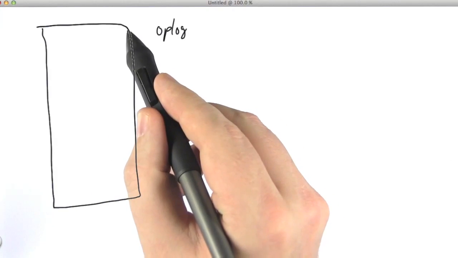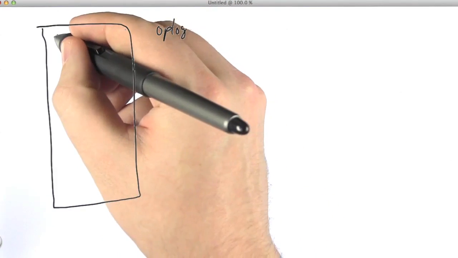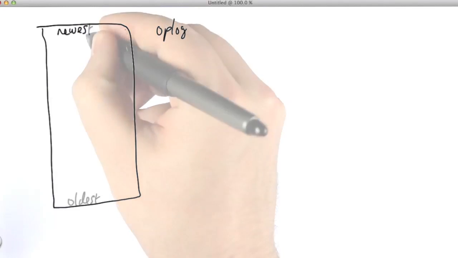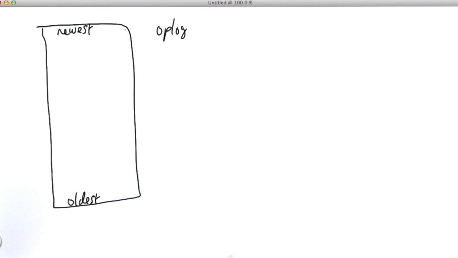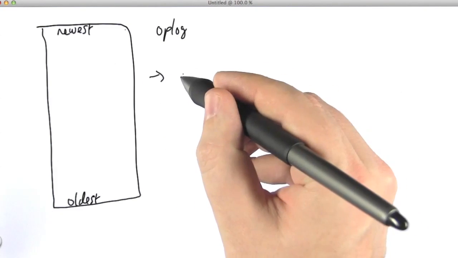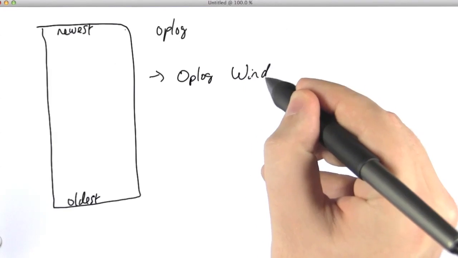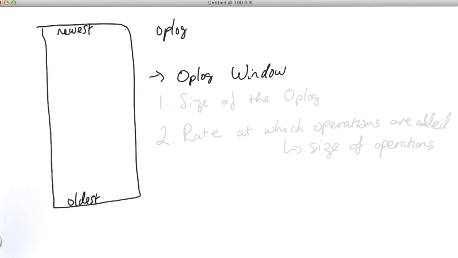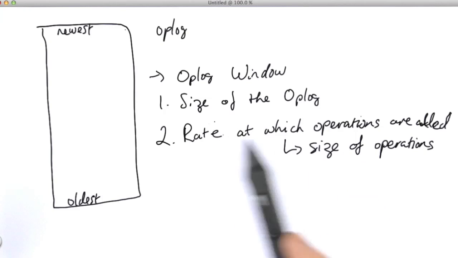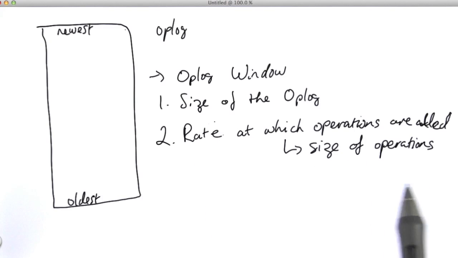So first of all, a quick refresher. The oplog is a capped collection, right? So you've got a newest entry and an oldest. And the difference in time between the newest and the oldest is what's referred to as your oplog window. And exactly what this is on any given system is dependent on a couple of different factors. So the size of the oplog, the rate at which those new operations are arriving, and of course the size